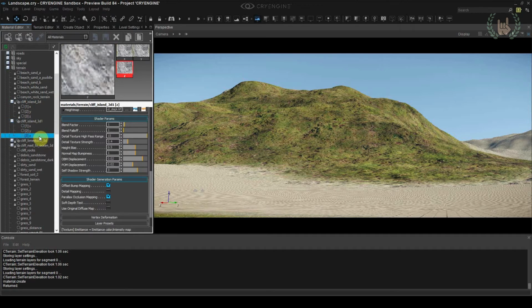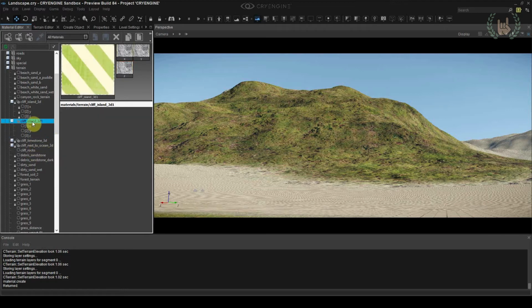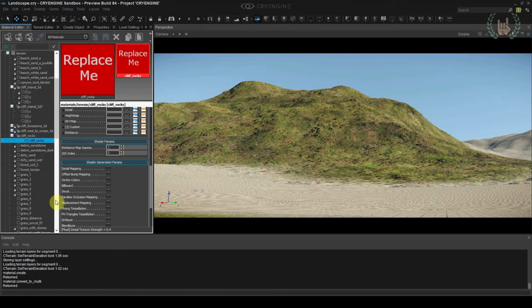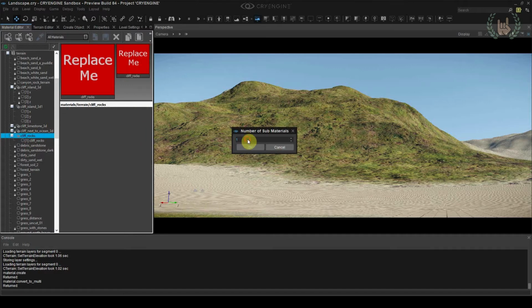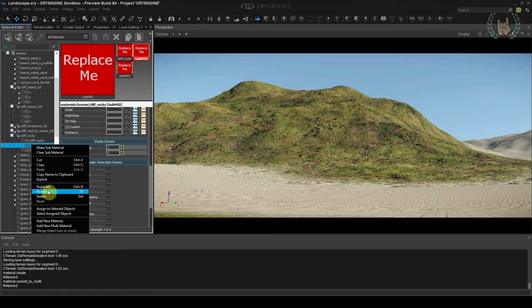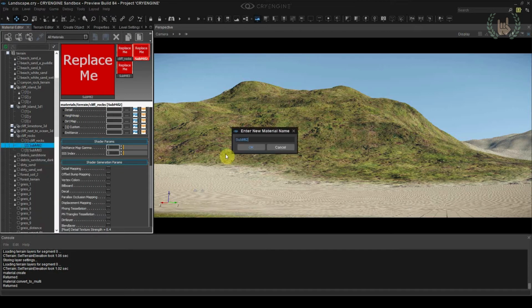And what I'll do is basically just copy and paste the Cliff Island 3D texture and use that for my Cliff Rocks texture. All I do is go convert to multi-material, set number of materials to 3. And the reason why you're setting it to 3 is this is actually a 3D terrain texture. So what that means is that all of the various sides of the terrain are going to be given different materials. So I'm just going to change the submaterials to Y